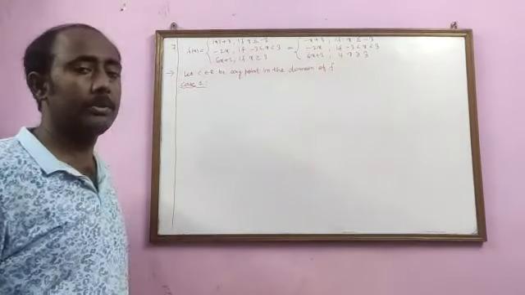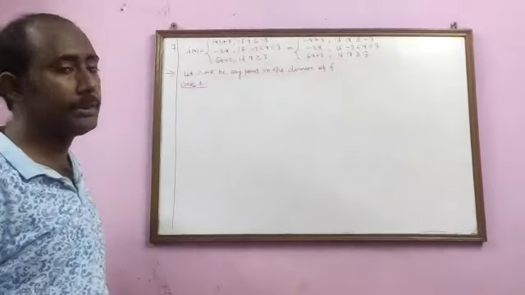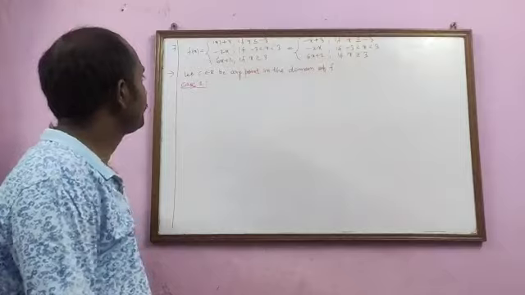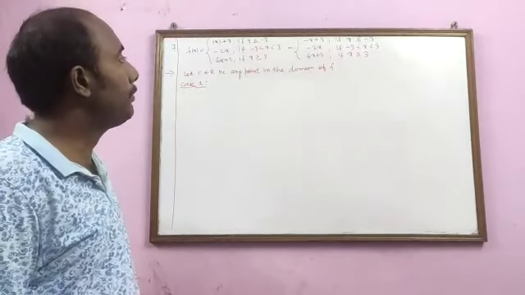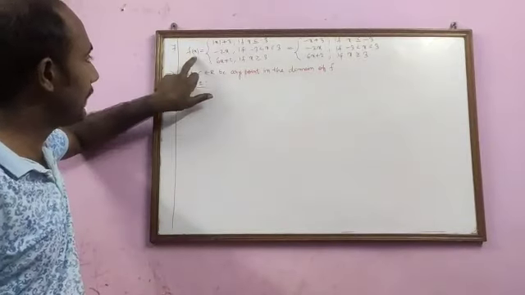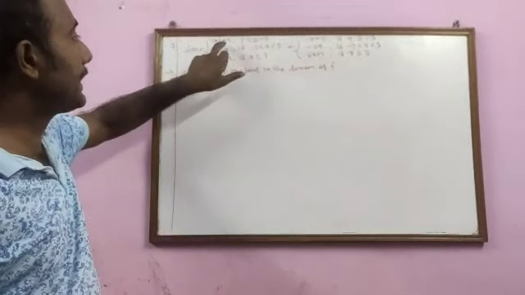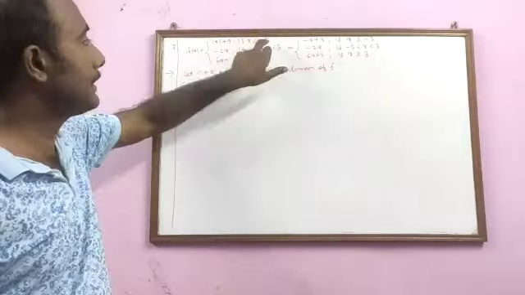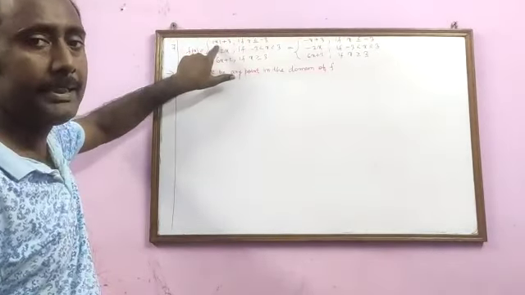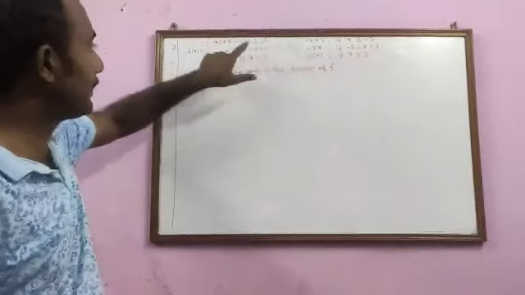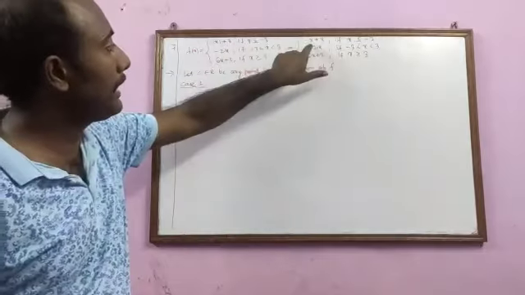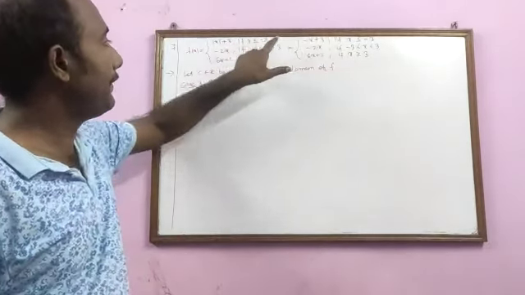Let us go through question number 7 of your NCERT book, exercise 5.1. The question is to find the point of discontinuity of this function. The function is given as mod of x plus 3 if x is less than or equal to minus 3. So if x is less than minus 3, that means x is negative, so mod of x will become minus x. So mod of x plus 3 can be written as minus x plus 3 if x is less than or equal to minus 3.